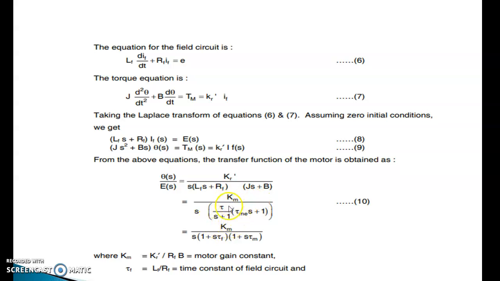that is equal to Km by S whole into (tau f s plus 1) into (tau m s plus 1), Km by S whole into (1 plus s tau f) into (1 plus s tau m), where Km is equal to Kf dash by Rf B, that is equal to motor gain constant. Tau f is equal to Lf by Rf is equal to time constant of field current, and